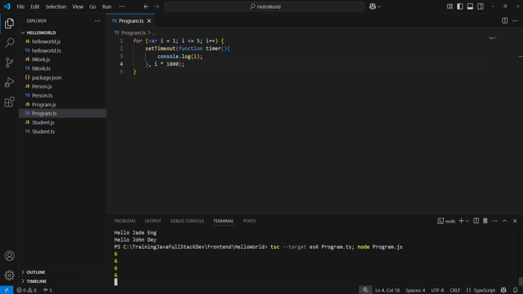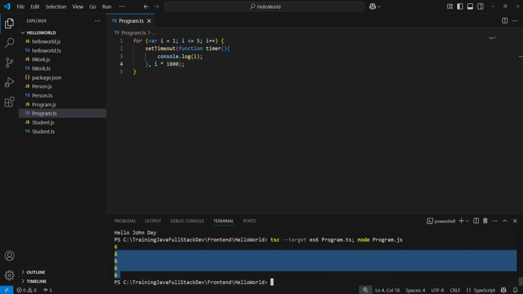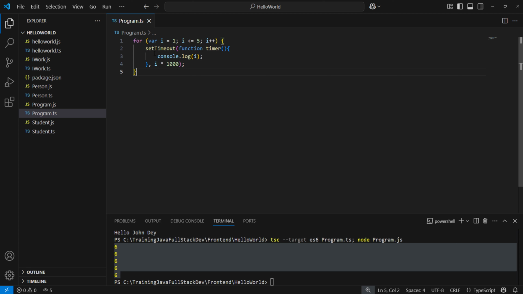All right, you see that we receive 6 for all. Why? This is asynchronous, right? So after 1 second, the timer will finish, then it shows you the i. But the i now is a reference. Please take a note on this. The i now is a reference